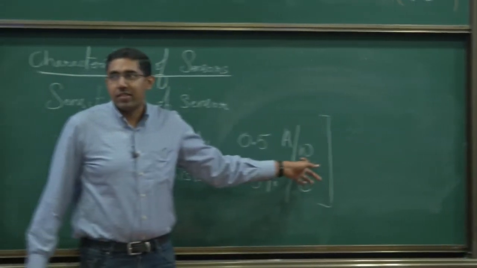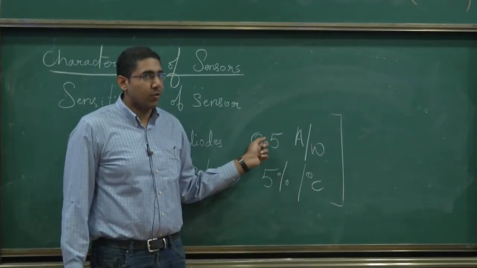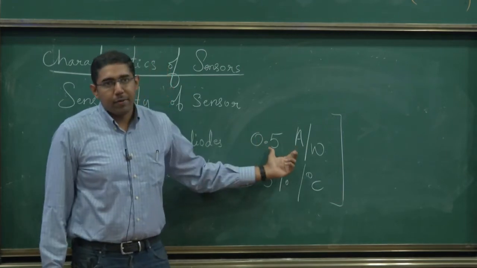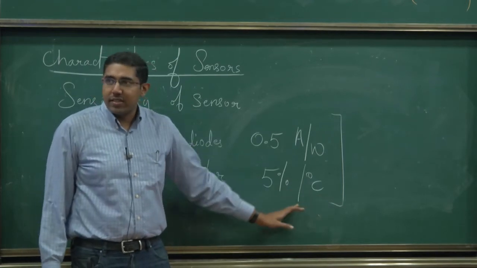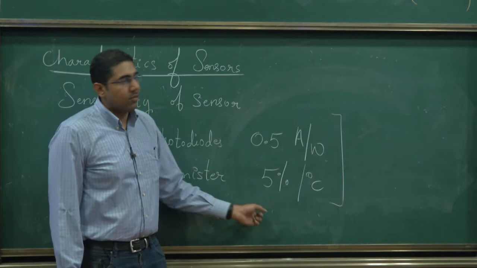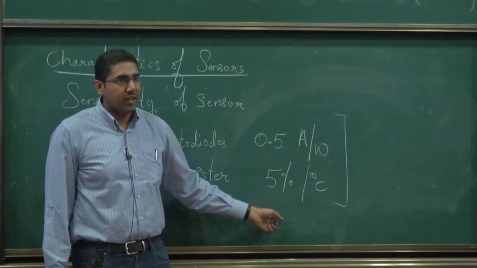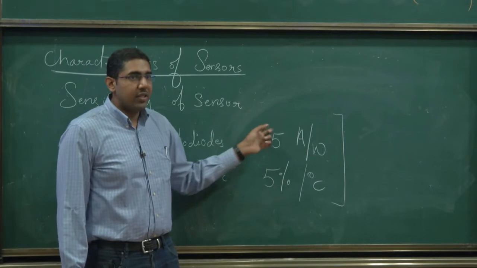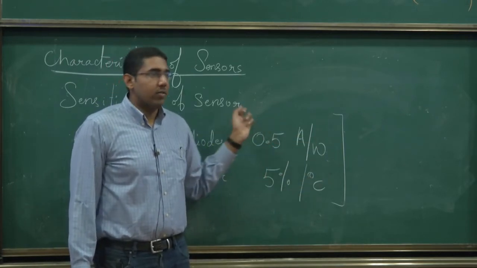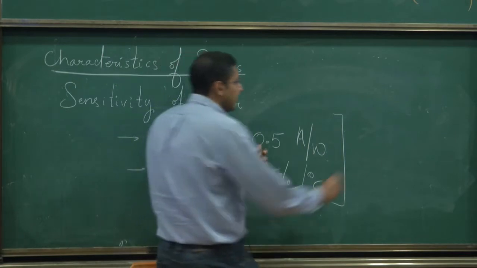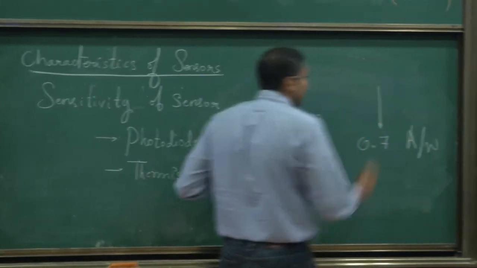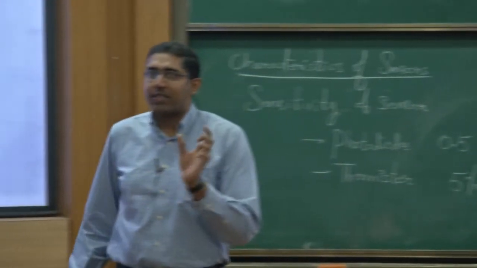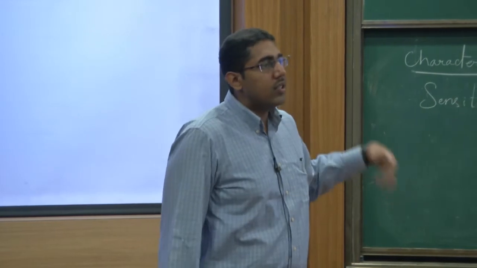My question is the following. See, this is the input parameter to the sensor. This is the corresponding change in the output, right? A photodiode will give you, let's say, 0.5 amps per watt. It will give you 5% change in resistance per degree Celsius. And there are accelerometers, magnetic sensors which give you different resolutions, okay? Now the question is, let's say some sensor has this value, some other sensor has this value. Obviously it looks like this one is better, correct, as far as the sensitivity is concerned. What does this not account for?